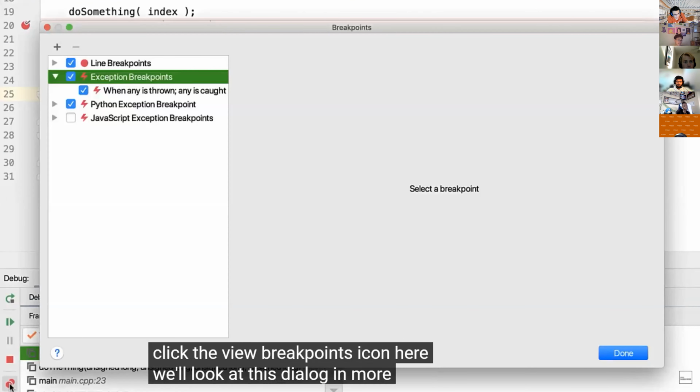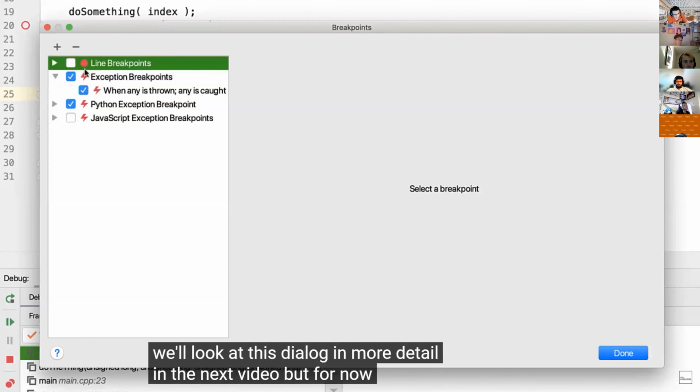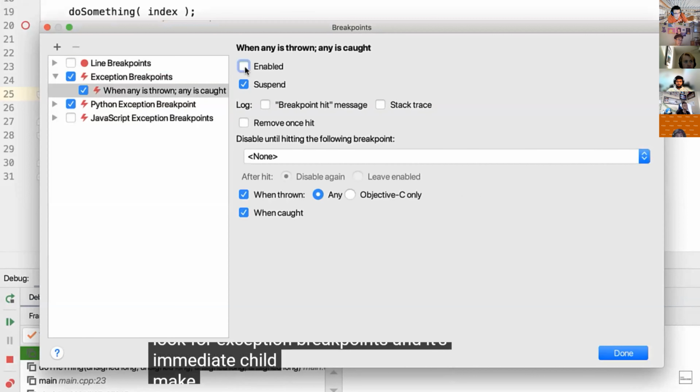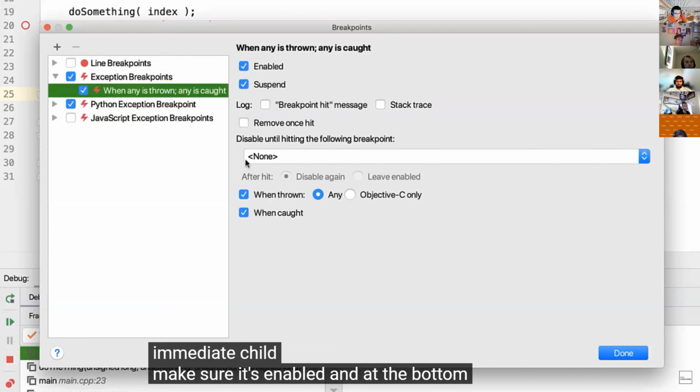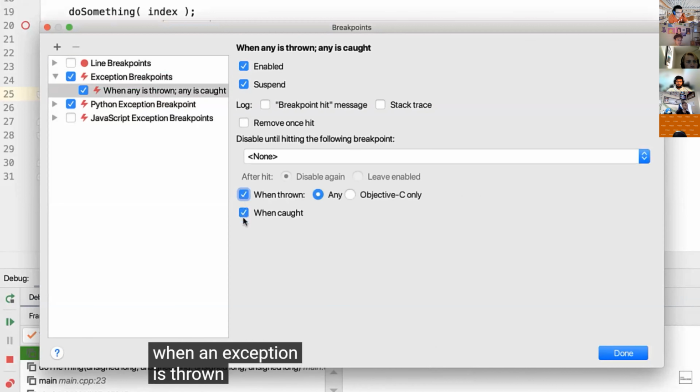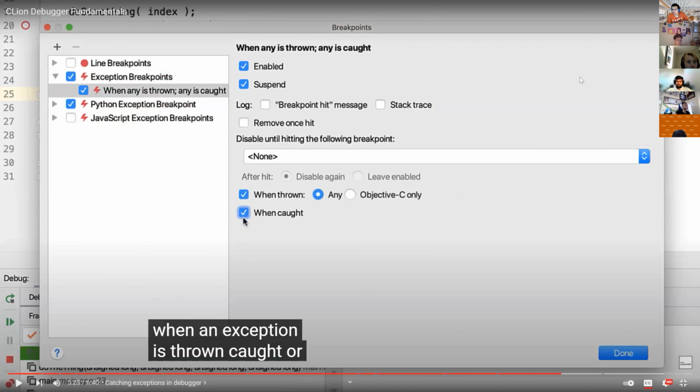We'll look at this dialog in more detail in the next video, but for now, look for exception breakpoints and its immediate child. Make sure it's enabled, and at the bottom you can select whether it will break when an exception is thrown, caught, or